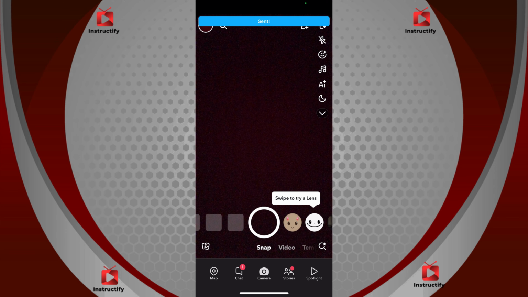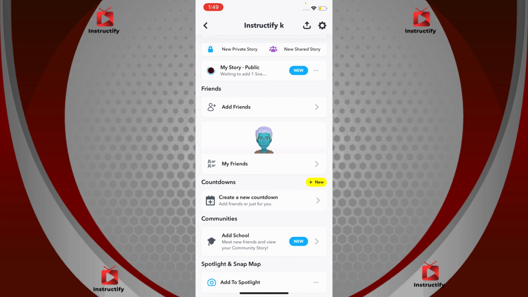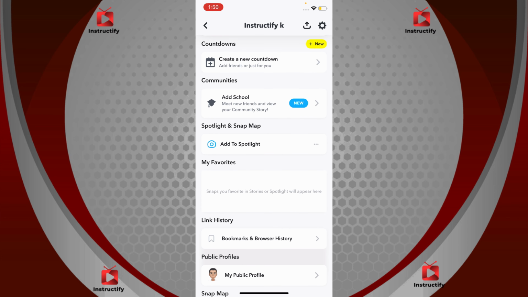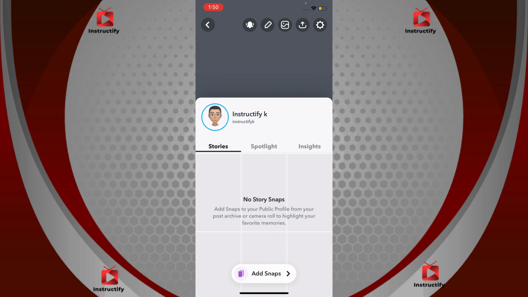Then once you sent it, you're going to go back, go over here, scroll down slowly. Now you're going to scroll down. Then once you scroll down, you have public profile right here. Public profile is my public profile. Just click on that. Click on OK. Click on OK. Now click on that. Click on OK. And now you are in your public profile, and that's how you get public profile on Snapchat